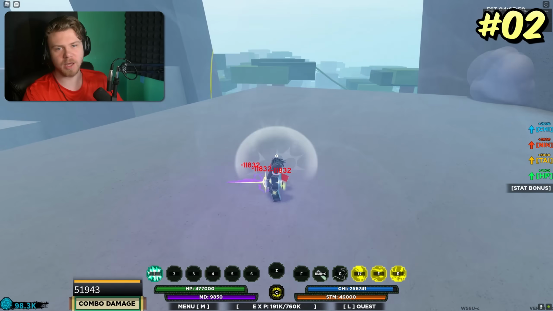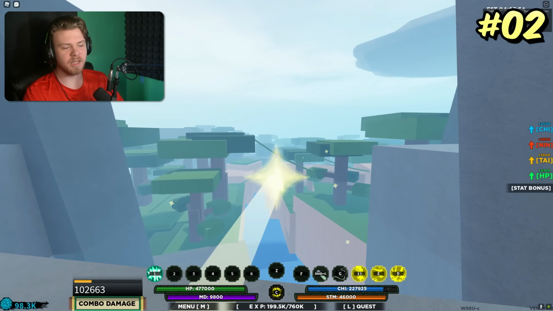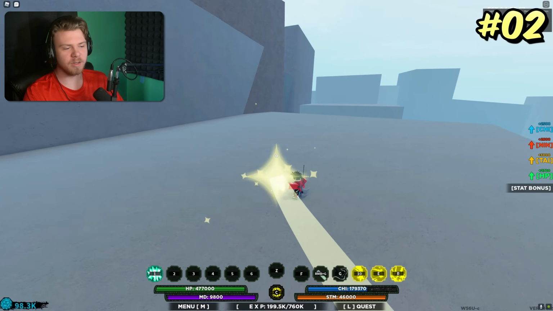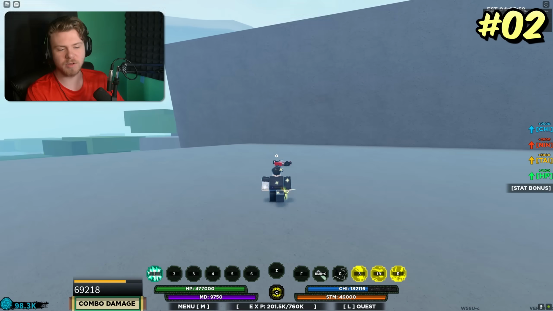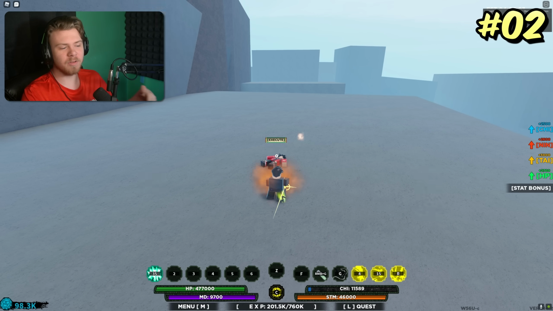So if you have bad aim, it's better in that way. It's also a really good block break. It actually does have a really good range. Now, they actually did nerf / buff the second ability. The second ability no longer goes as fast, but it actually just teleports you to them now. So you can actually combo extend with the second ability now, which is a PvP buff, but a big nerf